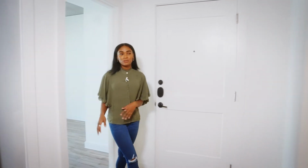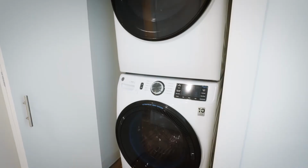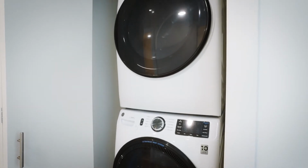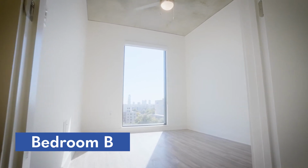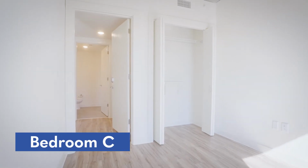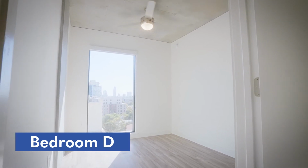Coming out of the bedroom, you'll have your first bathroom on the right. You'll also have your brand new full-size washer and dryer that are Wi-Fi compatible. Walking down this hallway, you'll have your bedrooms to the right and bathrooms to the left. And as you can see, you have a ton of wall space to hang some personalized art and really make